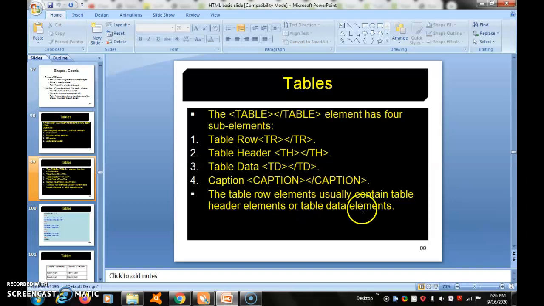So the table row element usually contains the table header elements or table data elements. So don't forget these 5 tags, if you are going to use them at the time of web development. Don't forget these 5 important sub elements.